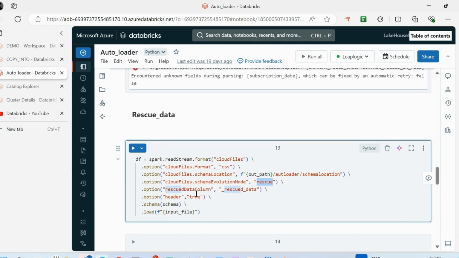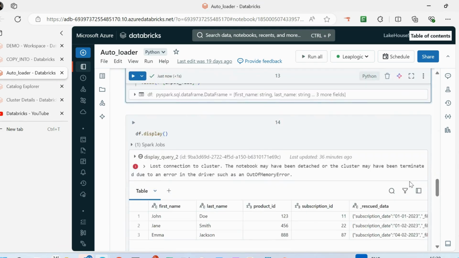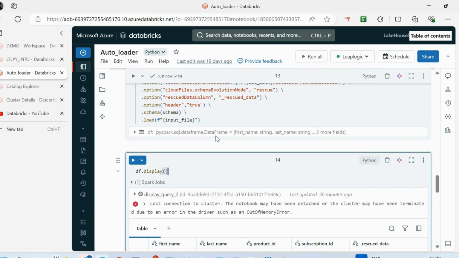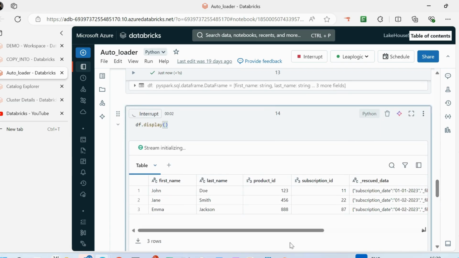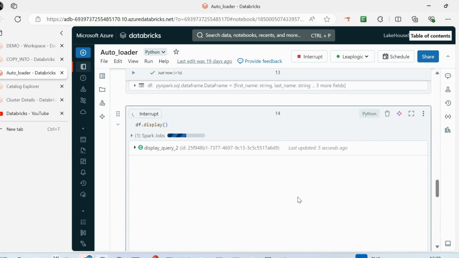In this rescue mode, I have the rescued data column, and I am renaming this column to _rescued_data. In this case, it will load my file and put the rescued data into the rescued data column. This is the column in which it was giving me the error. Let it load.